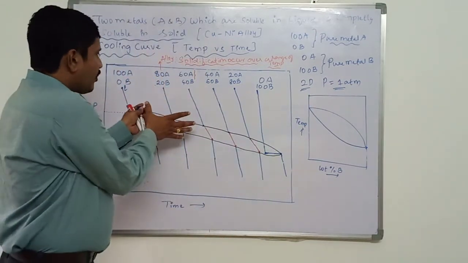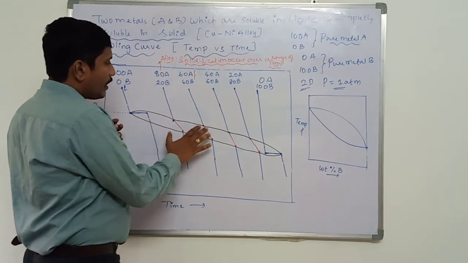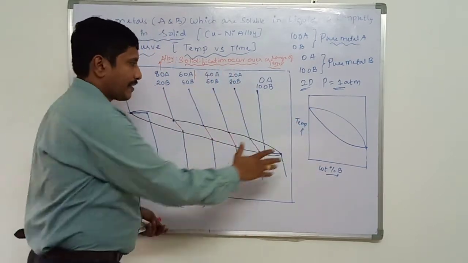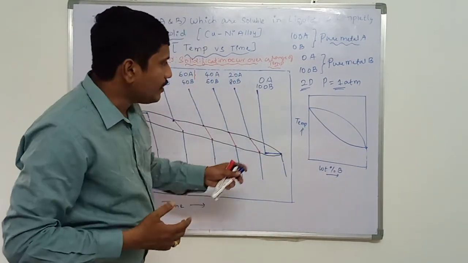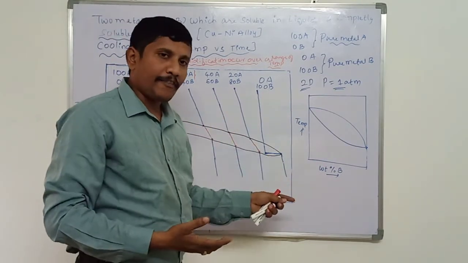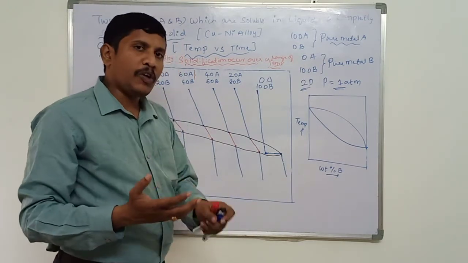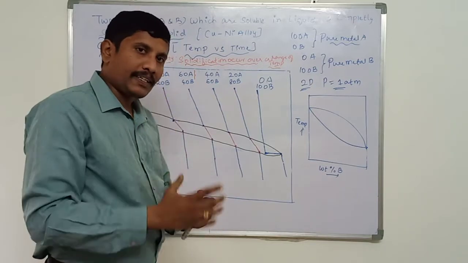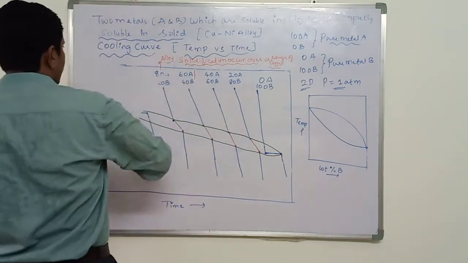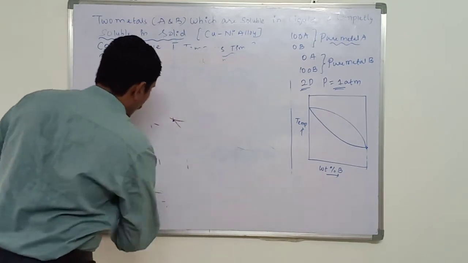right? So if we transform this data, the solidification start points and solidification end points for various compositions, we will be getting the phase diagram like this. Okay. Now in this phase diagram, we will discuss what the different phases we can identify are, and we'll be taking some composition of alloy and looking at the microstructure of that particular composition of an alloy. So let us construct the phase diagram for the isomorphous alloy.